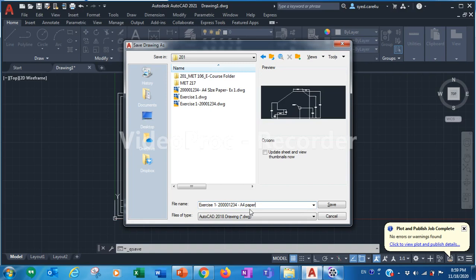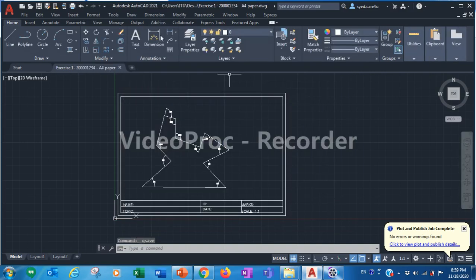So this is the DWG file. That is, this file can be opened only in AutoCAD. So select save. Now this is saved with your given name.